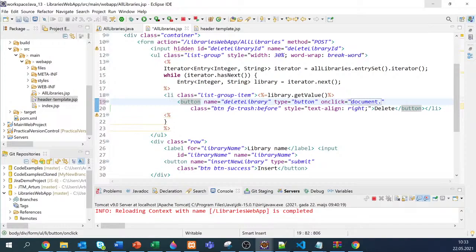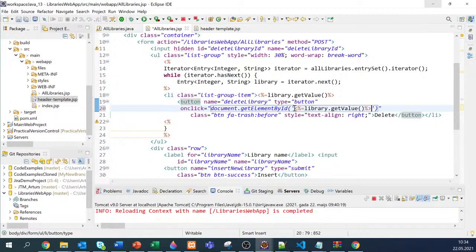Here I will use document get element by ID, and here I'll provide the ID. The ID will be this one. So it's library, not get value but get ID. Get key. And I will say, oh sorry,